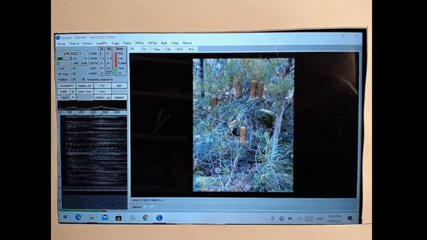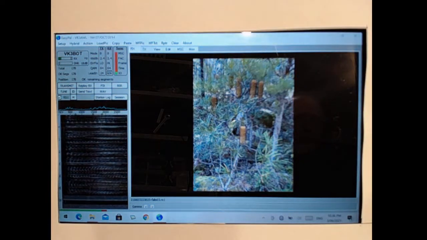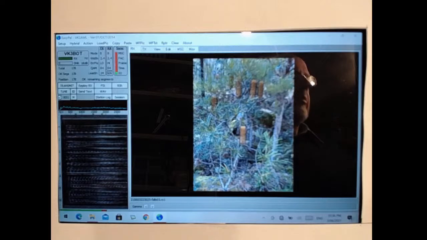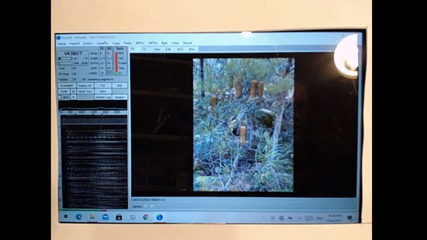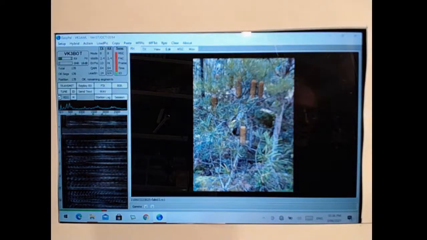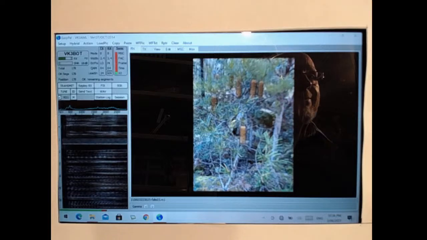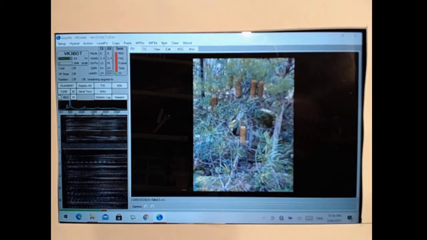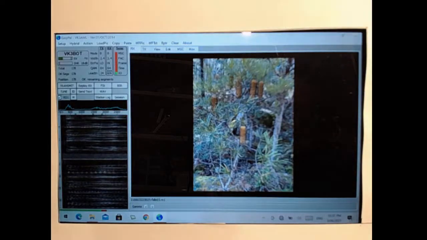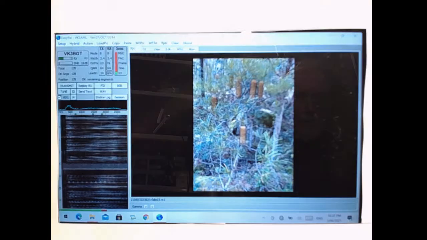Okay. Over to Chris, VK3 CJN, for your image. Now I'm watching Chris as well. I've got it up on the computer. I found it. Thank you for giving us that link. Alright, at the drop of the repeater, I will send an interesting picture this time. I think some of you will find it interesting, some of you may find it offensive.